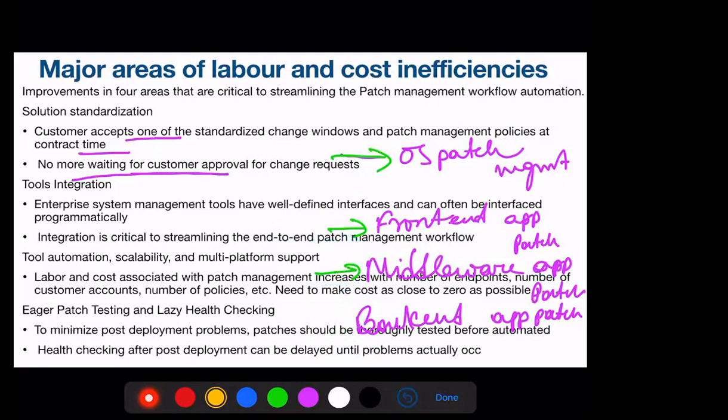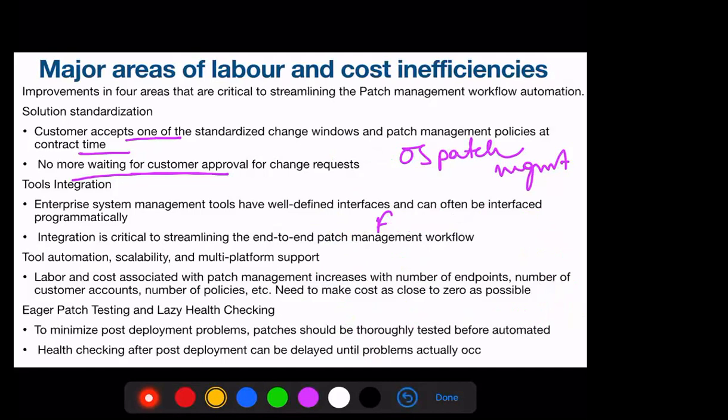Now, another example I am giving: most of the time whenever you are doing updates in your iOS or the Mac OS, you'll find that there are no issues with the connected applications. Why? Because the applications and the hardware, everything is made by Apple only.